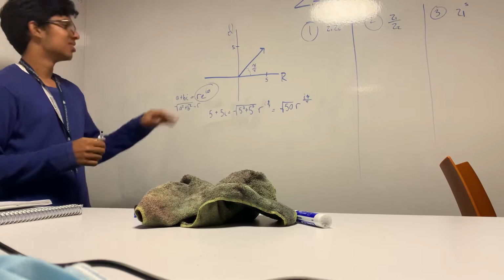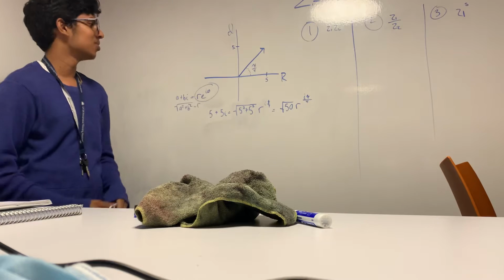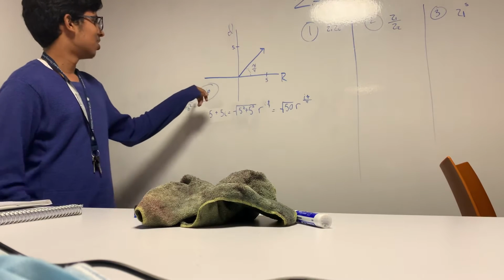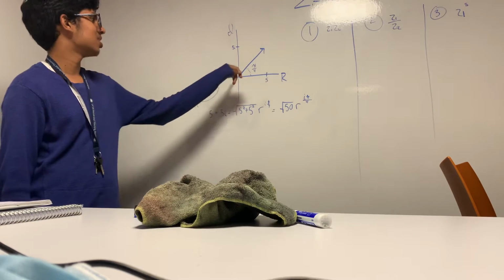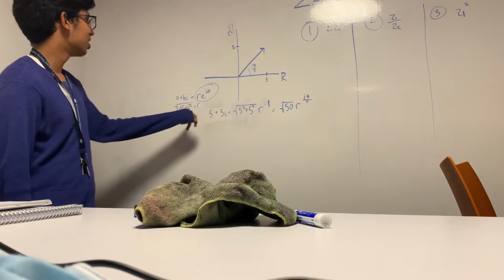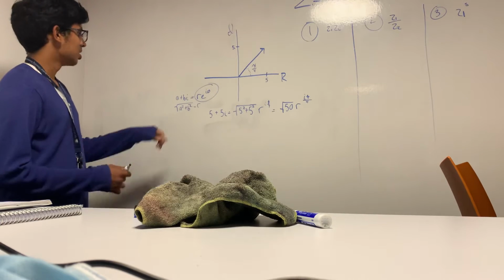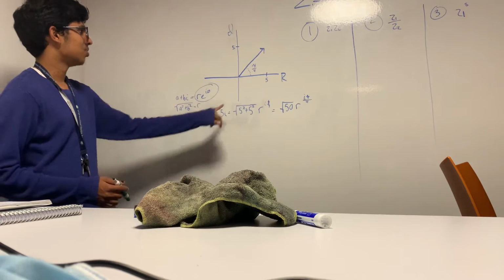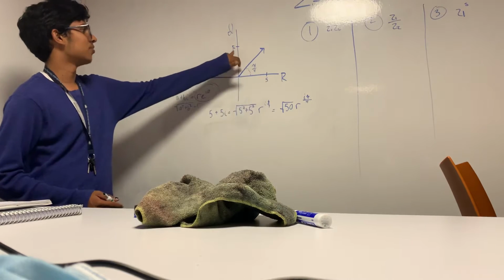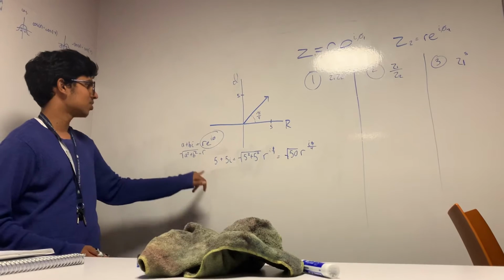Hello everyone. So today we're talking about exponential form. A little bit of review is that R right here is the modulus, and that's just how long this vector is. And the way we find this R is right here, a plus bi, that's just normal form. And so a plus bi, I would translate here, 5 plus 5i. And so this is a, this is b right here, so a squared plus b squared, that's 5 squared plus